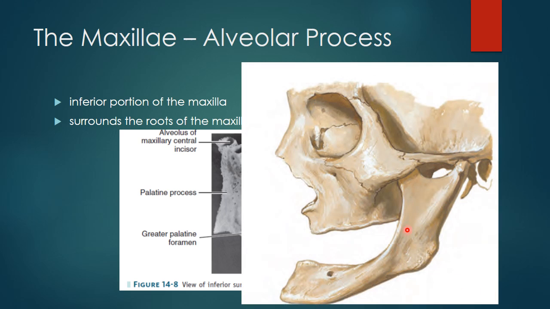This is a picture of an edentulous patient, or a patient without teeth anymore. You can see that there is no alveolar process anymore, and the maxilla and the mandible have lost their height. The alveolar process is longer where it surrounds the anterior teeth, sometimes extending posteriorly to include the premolars.